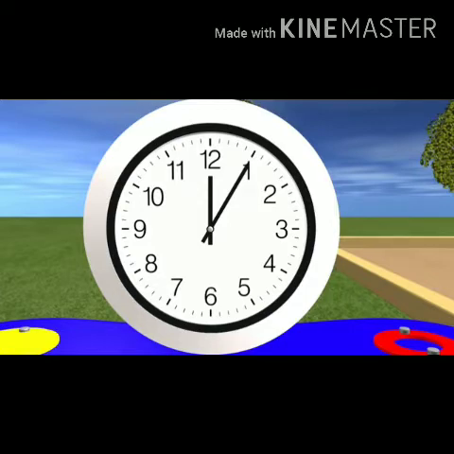On this clock, the hour hand is pointing at the 12 and the minute hand is pointing to the 5. So, what's the time now? Each of the numbers is calculated by 5. This will not be read as 12 hours 1 minute. So, the minute hand is calculated as multiples of 5.